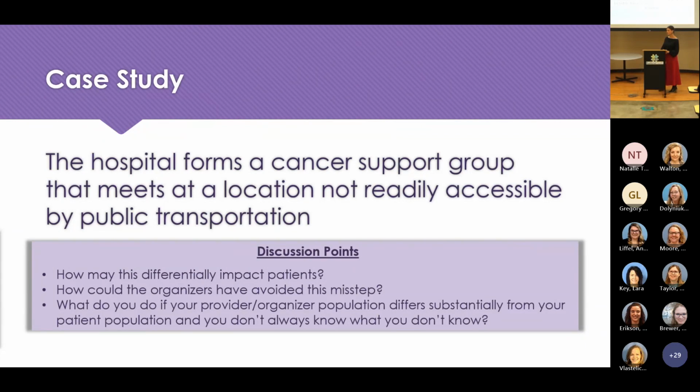Denise in the chat, who happens to be in IT, so this makes a lot of sense, said to analyze the data to see where the population was coming from, and where the best fit was to make a better decision. Yep. Harmony says being inconvenient can also cause anxiety for those who want to attend but can't, and then they feel even more isolated. Absolutely. Yeah, what an empathetic perspective to have of those.